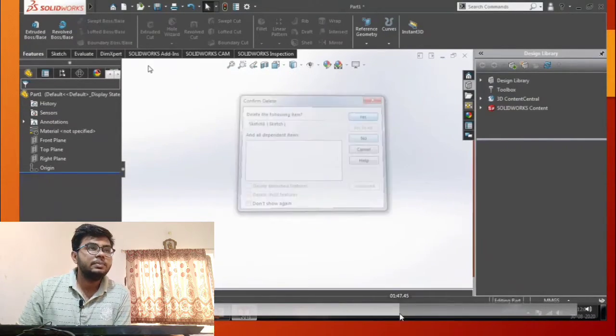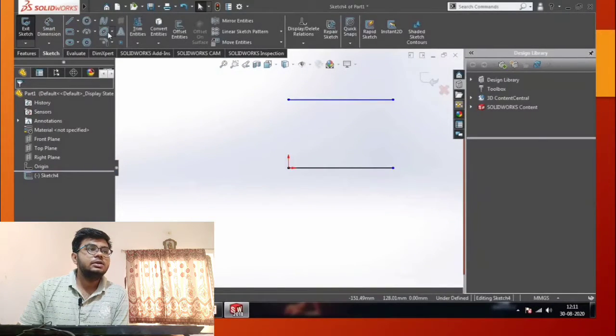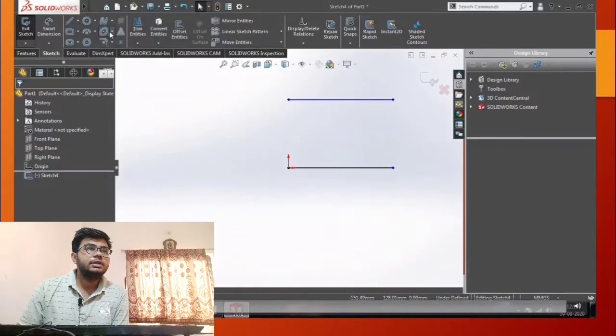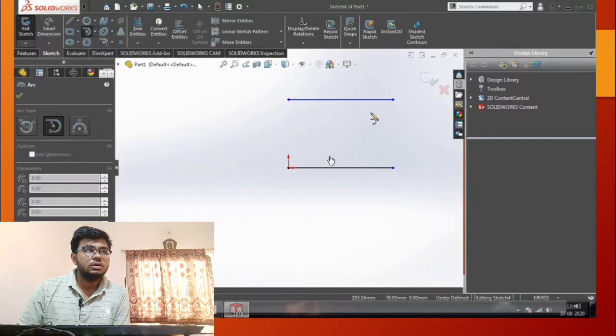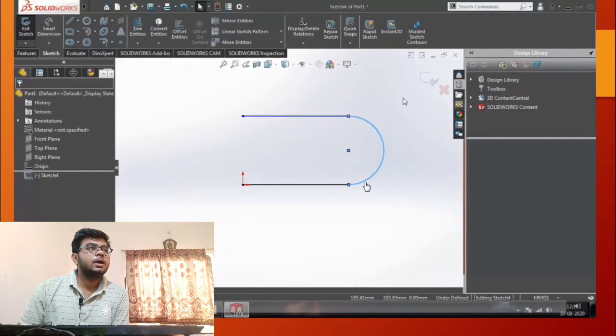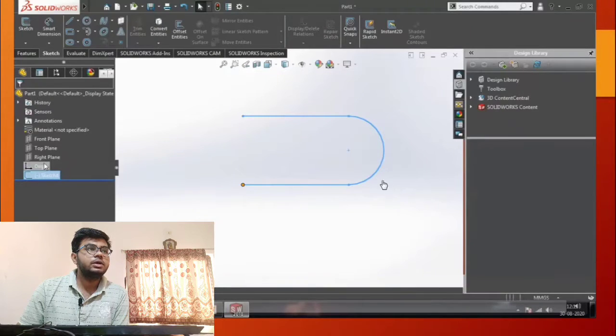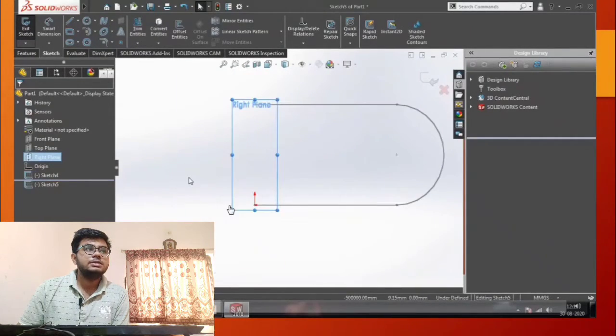Now for swept boss base I need 2 lines. I draw 1 line here and 1 line here. Now I select a tangent arc and draw an arc tangent to both lines. Then I exit the sketch, select the right plane and sketch; you just need to right click and sketch.